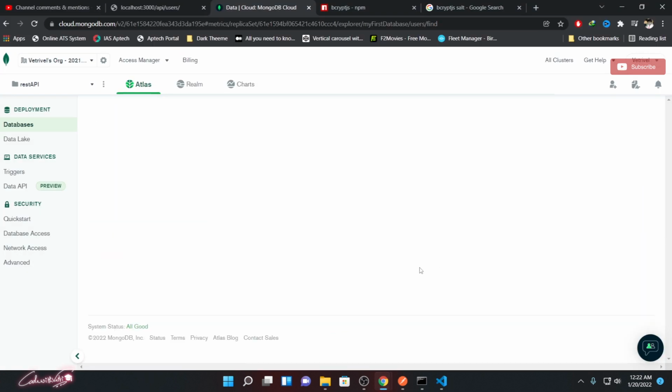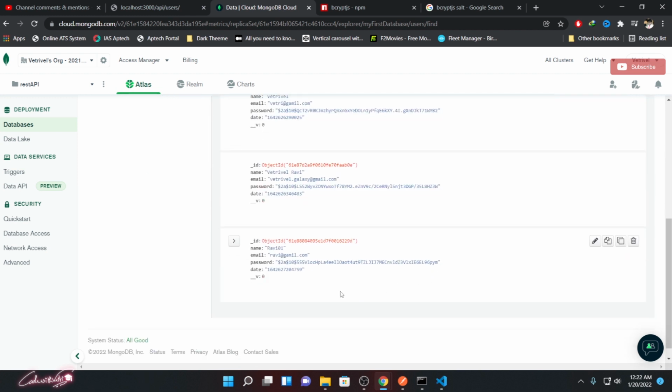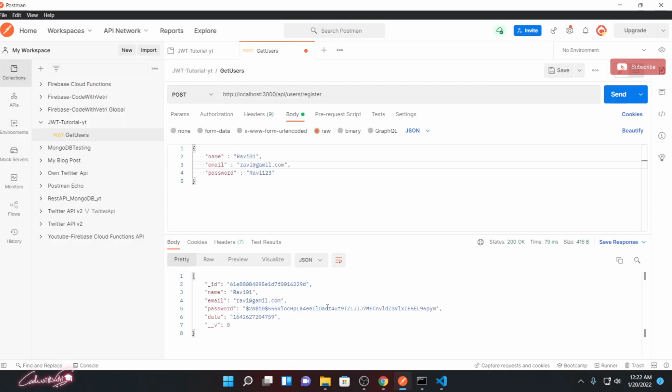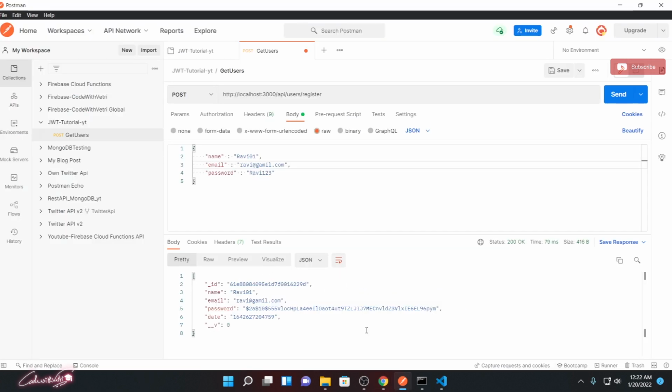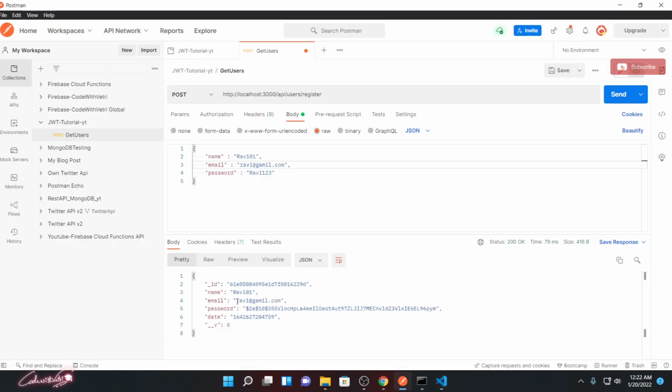I think it reinserted the data. No, it's not reinserted the data. It didn't even save the detail, it just returned email exists, because that email is already there.